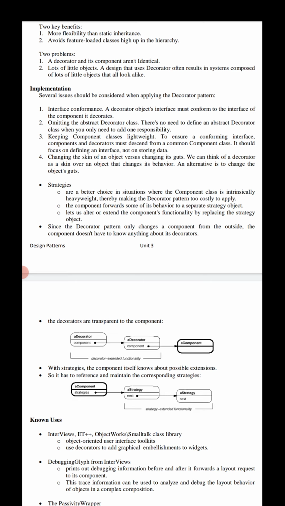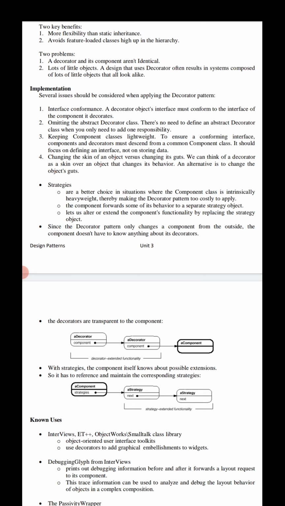The first one is interface conformance. What does that mean? A decorator object's interface must conform to the interface of the component it decorates. Look at it carefully.